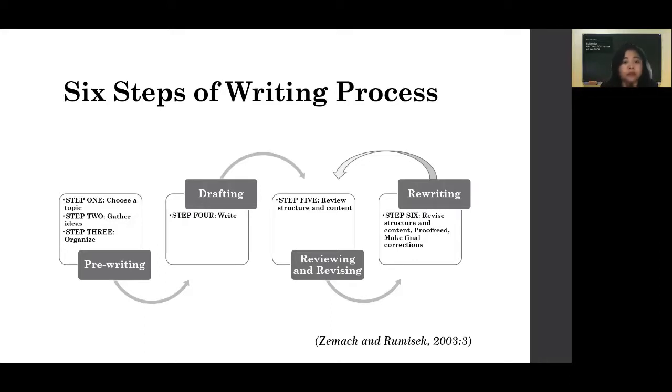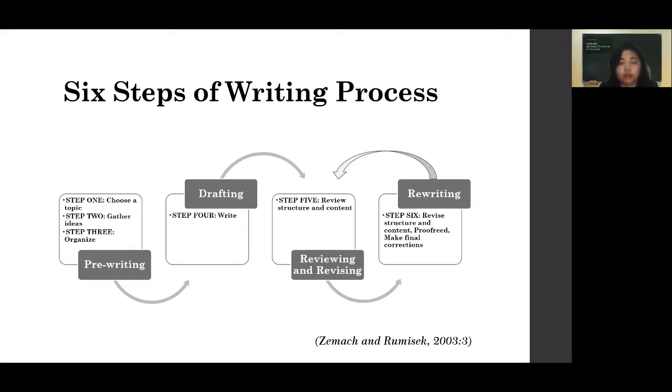Step 2, gather ideas. After you have chosen a topic, you need to gather ideas, whatever ideas surround your topic.